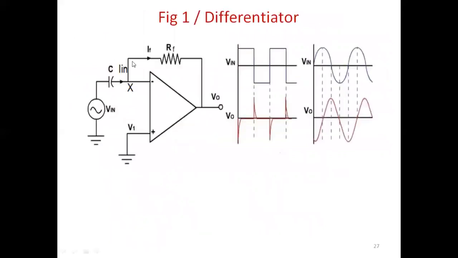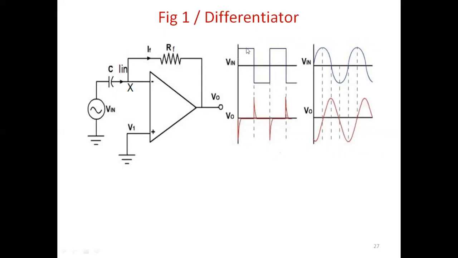You can see the diagram of a differentiator. Here also positive terminal is grounded. Input is given to the negative terminal, and see the positions of capacitor and resistor are totally exchanged. So differentiator is nothing but an exchange of the integrator's components, C and RF. If the output is available across a resistor, it is called a differentiator. If the output is available across a capacitor, it is called an integrator. Differentiator is nothing but a high pass filter having two components R and C.